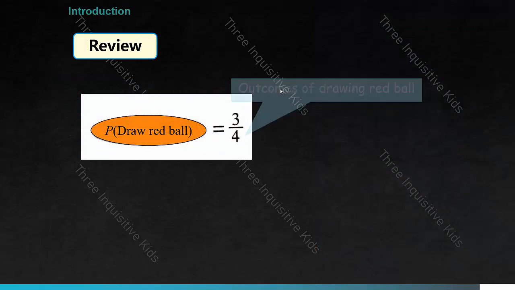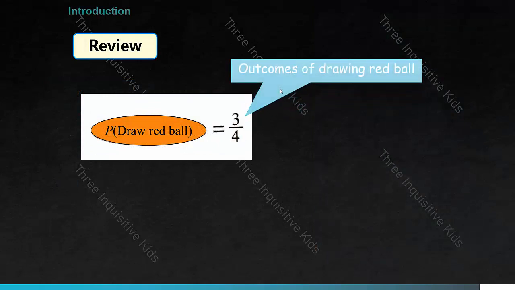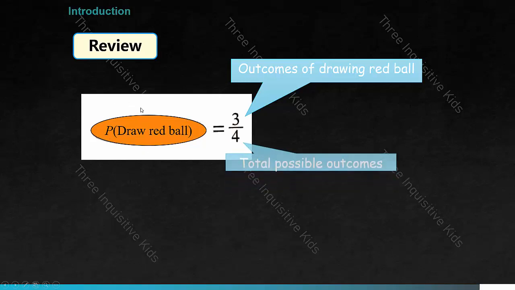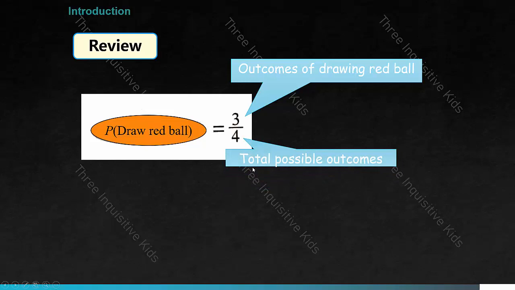Here's some review. We can express probability as a ratio, or you could say a fraction. So the numerator would be the outcomes of drawing a red ball, if we're going to find the probability of drawing a red ball here. And the bottom is the total possible outcomes. There could be red balls, there could be green balls, there could be yellow balls. So if there were 2 red balls, 3 green balls, 5 yellow balls, we add them together to get 9